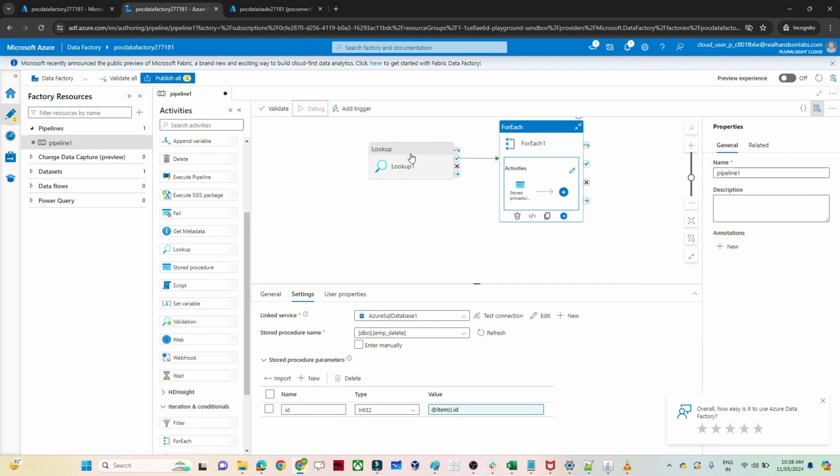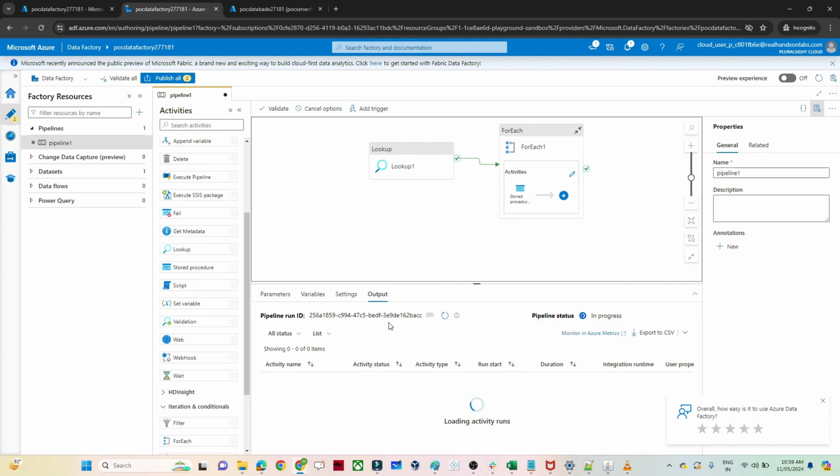The lookup will look up the employee resign table. Whatever values are present, it will go through the ForEach activity. In the ForEach activity, one by one, it will go into the stored procedure. So our stored procedure is the delete activity, the delete SQL activity. It is deleting a value from the employee table. So you can see it started, lookup is started,